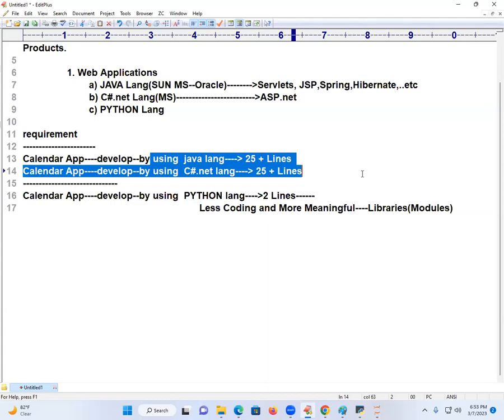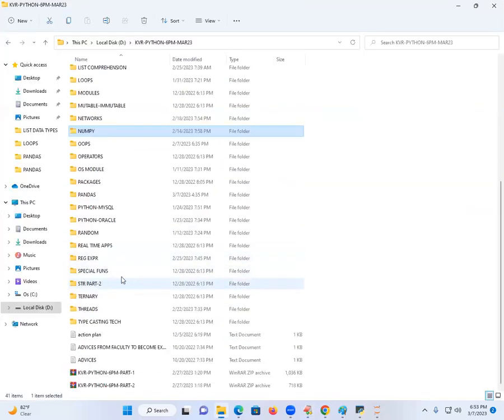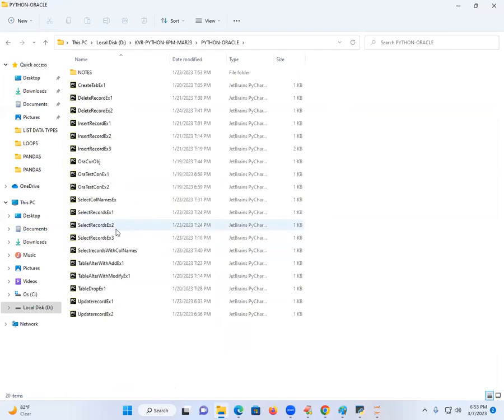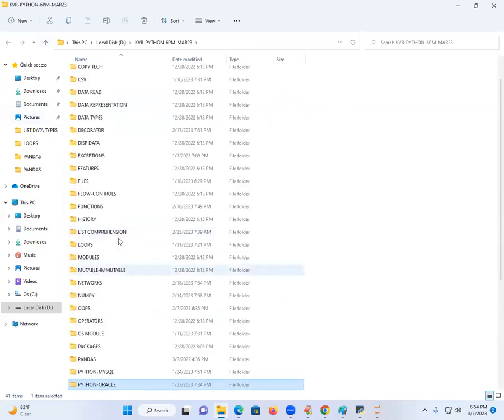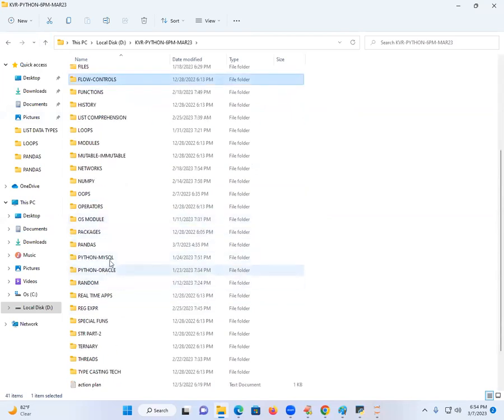I want to communicate with what? Oracle. I want to communicate with Oracle. I will tell you students how Python communicates with Oracle. You just observe it. You see Python with Oracle. How to communicate with it? There are modules. You see how many applications I am going to discuss. You go for the next, Python with MySQL. You see why I am saying all these things. By mistake, if you miss my class, at least you need to look at this.